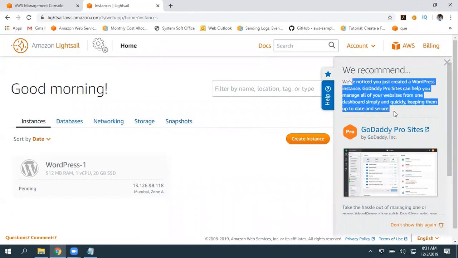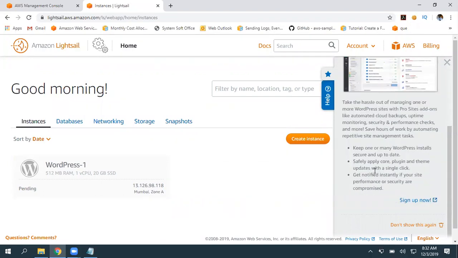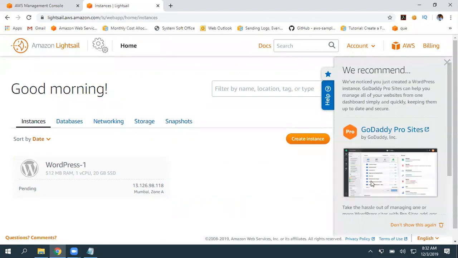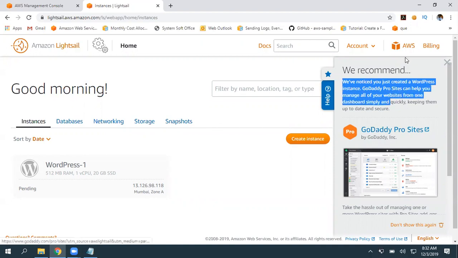Amazon is actually partnered with GoDaddy. Whatever static websites you host in GoDaddy actually get hosted on top of the S3 platform, as static website hosting. They are saying, we consider that you created a WordPress website, so why not consider this.